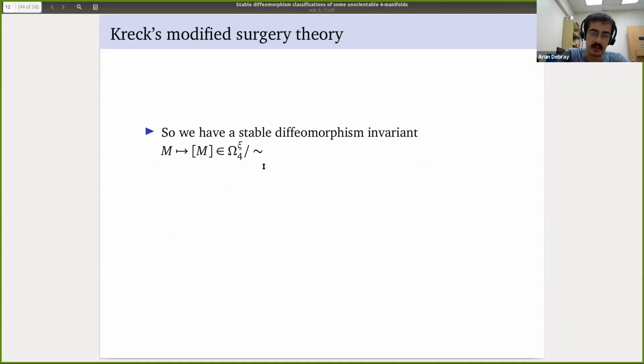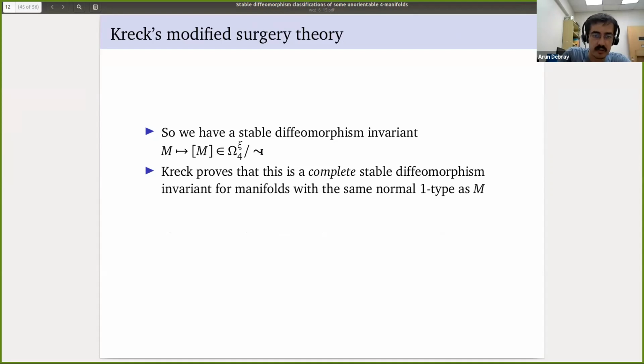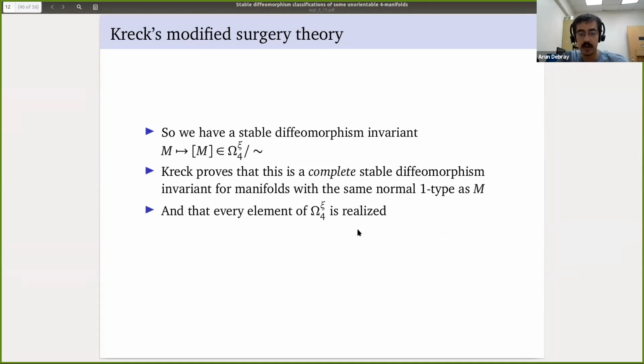So, I said the bordism group mod equivalence. Matthias Kreck proved that this is a complete stable diffeomorphism invariant for manifolds with the same normal 1-type. So this sees everything, which, when I read this, I was not expecting. And moreover, every element of this bordism group is realized. So every element of the set of stable diffeomorphism classes is this bordism group mod the equivalence